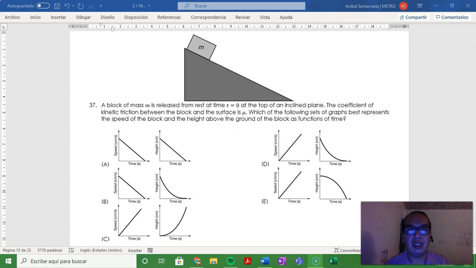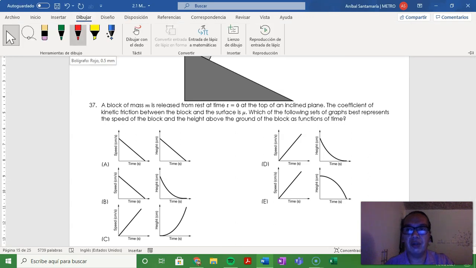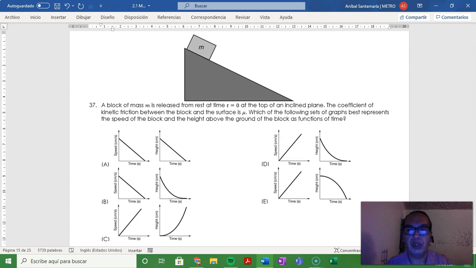Well, given that there is some acceleration, and they also say that the mass is released from rest, you know that the object should start from a velocity at the origin, which rules out options A and B. Also, because they are talking about the height above ground, that starts out as a maximum and decreases, which rules out